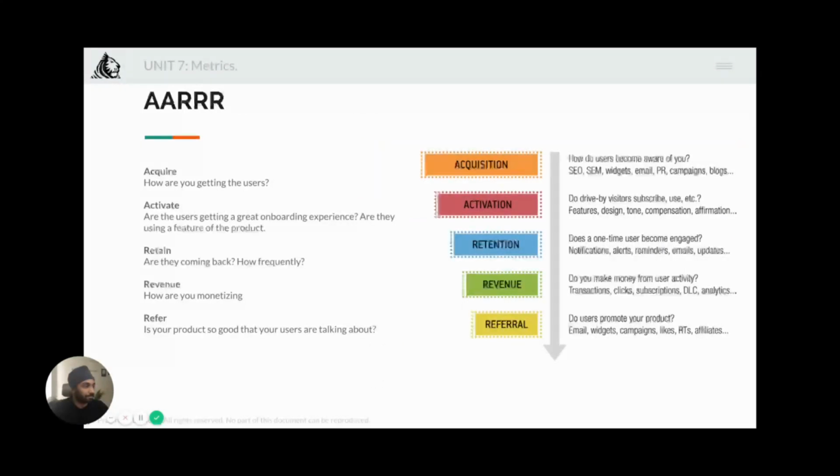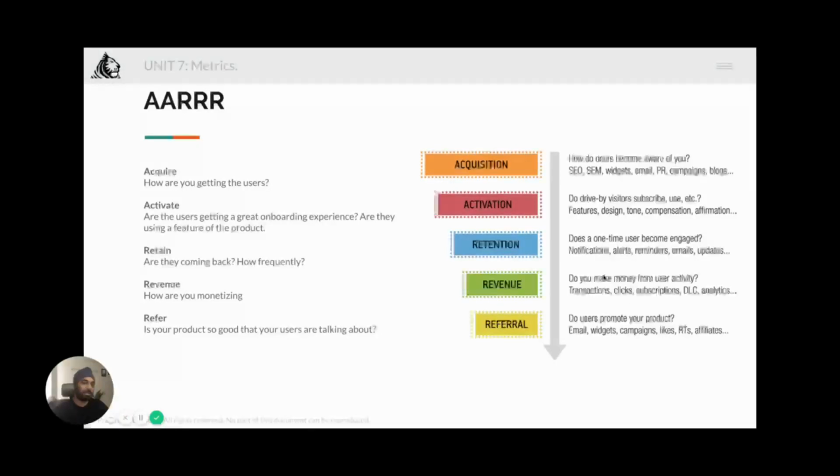right? The second metric which I want to talk about is popularized and proposed by Dave McClure of 500 Startups. It's also known as Pirate Metrics, and it's a very broad framework, and that's why I guess it gained so much popularity. I've also added a very good link in the speaker notes. Please check it out. This has been documented very heavily, so I'm not going to go very deep into it, but I'll give you some ideas.